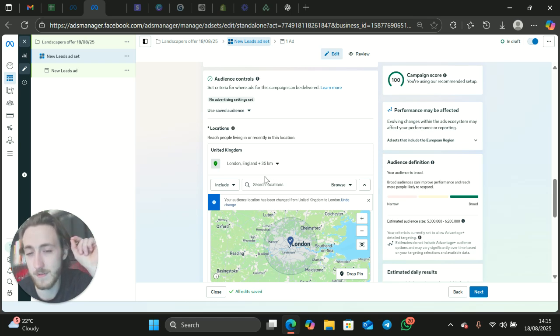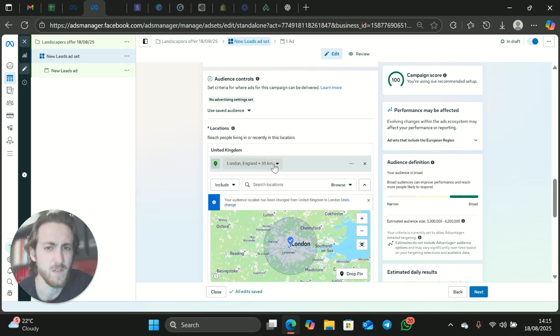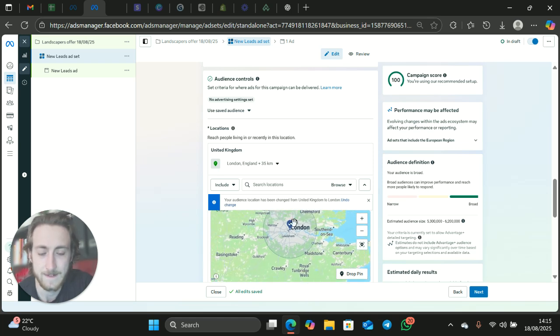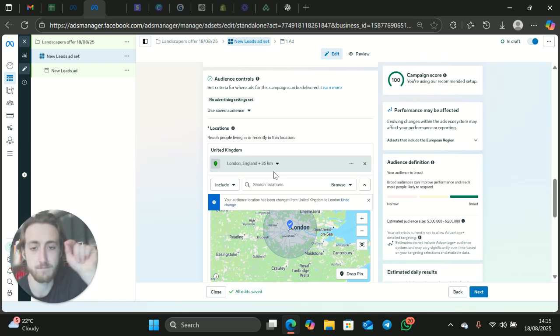But I'm 99% certain that this is in miles, just because if you have a look at that, for anyone in England, I'm pretty sure that's the ring around London, the M25, and I'm pretty sure that's 35 miles out. Right, you're almost in Chelmsford and Maidstone and whatnot. So yeah, that's for service-based business. If you have a local area that you want to cover, make sure you do this. You do not want to be targeting the whole of the UK if all you can service is within 30